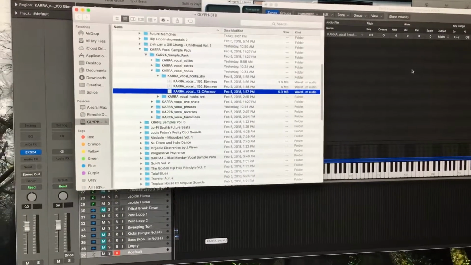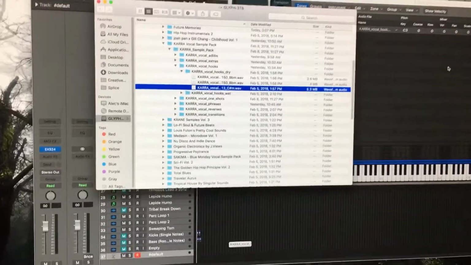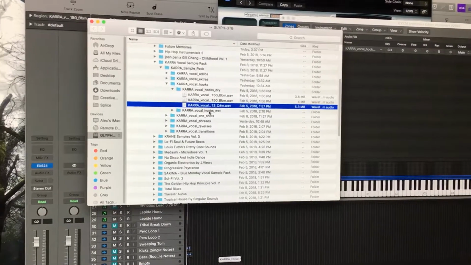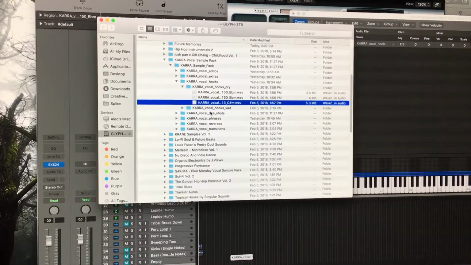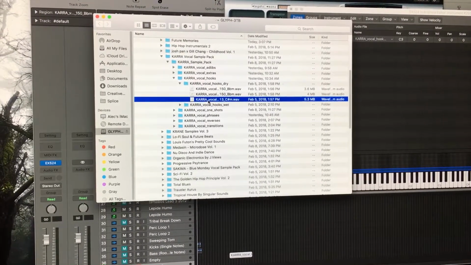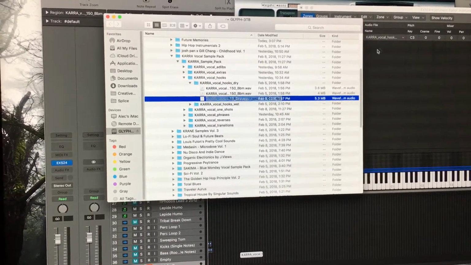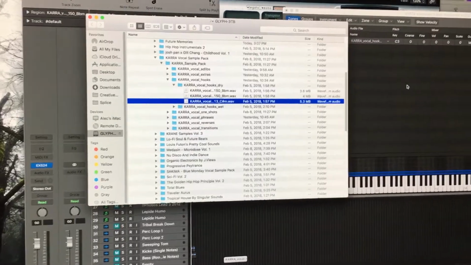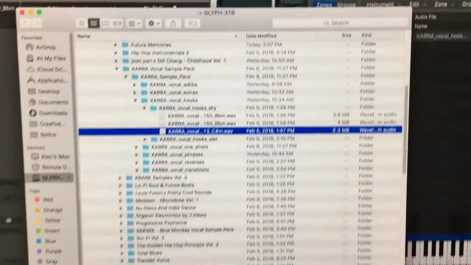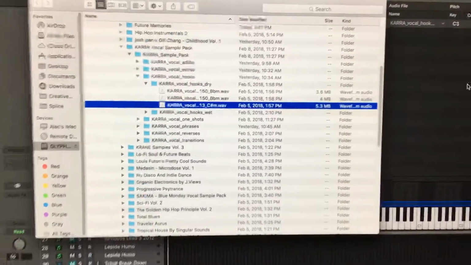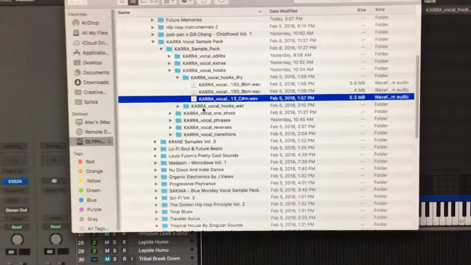Hey guys, I just wanted to make a quick video on an error code that I've been receiving when trying to drag and drop samples that I've downloaded off the internet into Logic's Arrange window or EXS24 sampler. I've been getting this error code 43, which is basically preventing me from dragging and dropping samples or using any